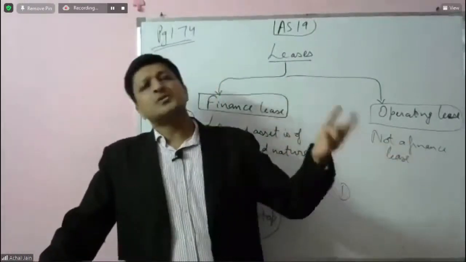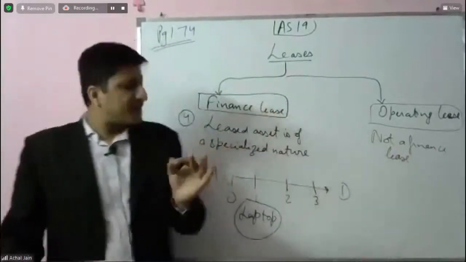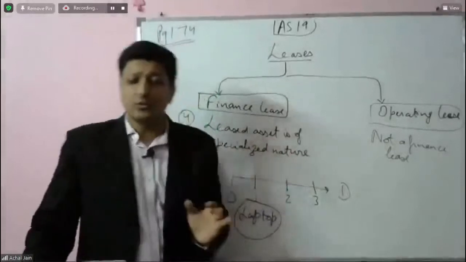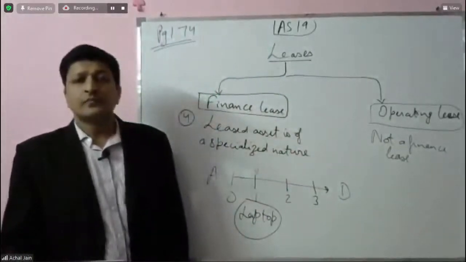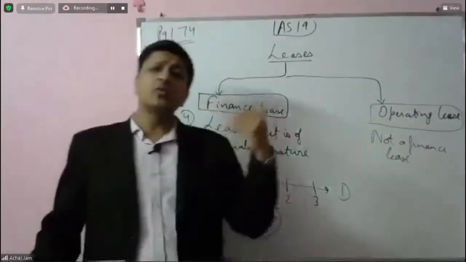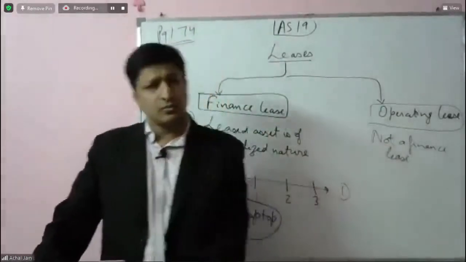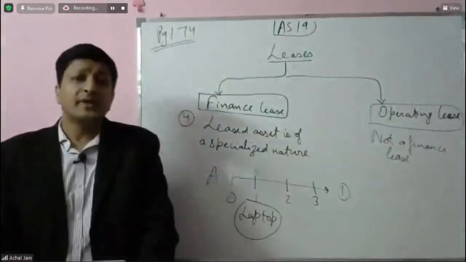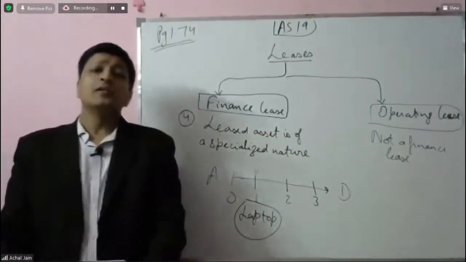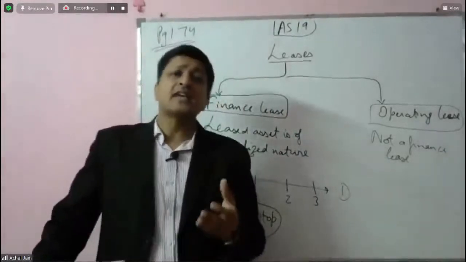Why? Because this is specialized, customized, tailor-made for D only. In this case, will it be possible for the lessor to go to any other party other than D? No. And over the period, in relation to this asset, all the economic benefits which will arise out of this